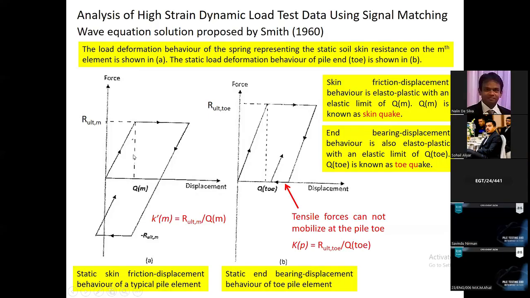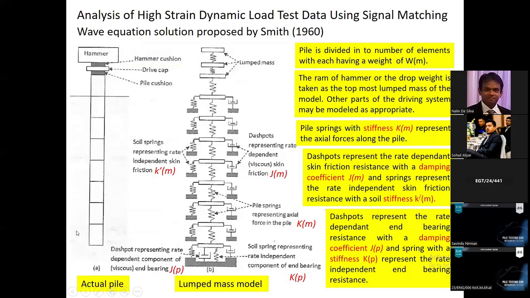Quake, quake. This is the skin quake because it represents the skin friction. And this is called the toe quake because this model represents the behavior of the toe. By assigning this kind of different response to each segment, you can calculate the pile response for a